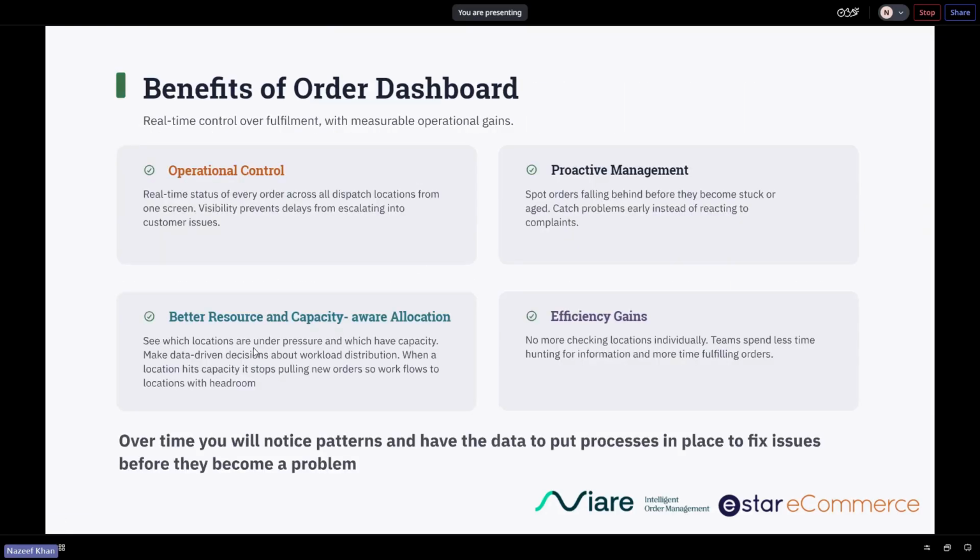What are some of the benefits? So as we talked about, operational control. Real-time status of every order across all dispatch locations from one screen. That visibility prevents delays from escalating into customer issues. Proactive management: you can spot the orders behind before they become stuck or aged and catch problems early instead of